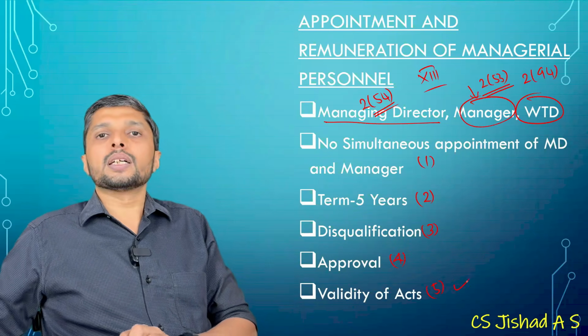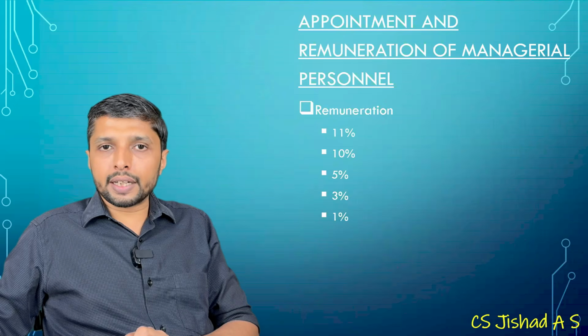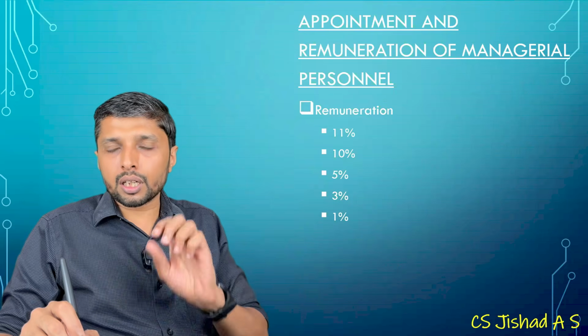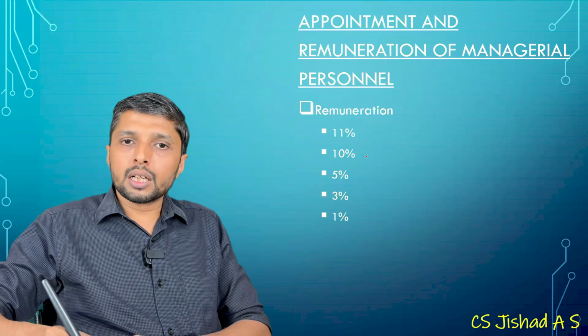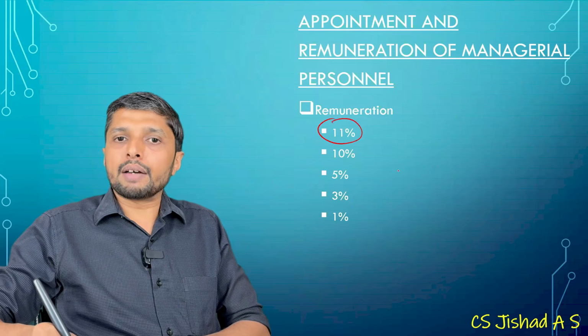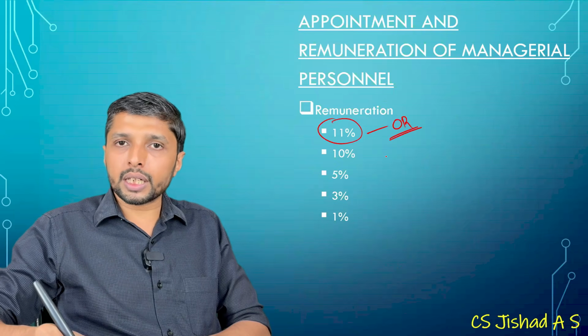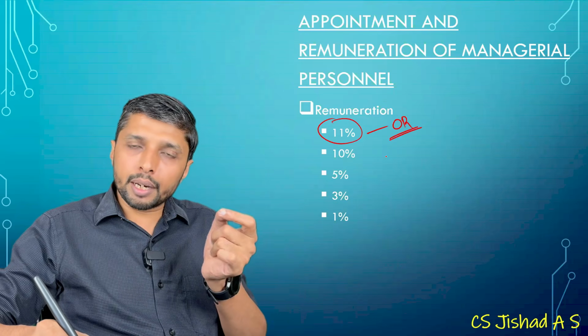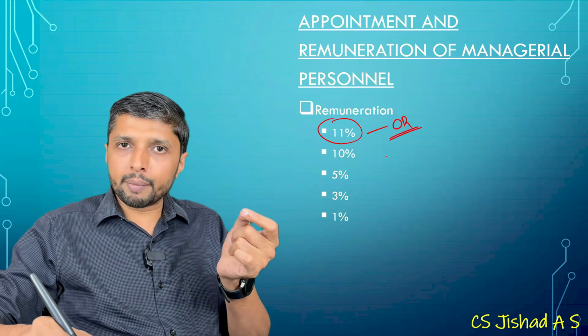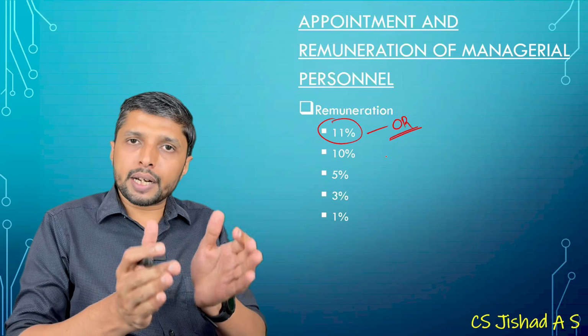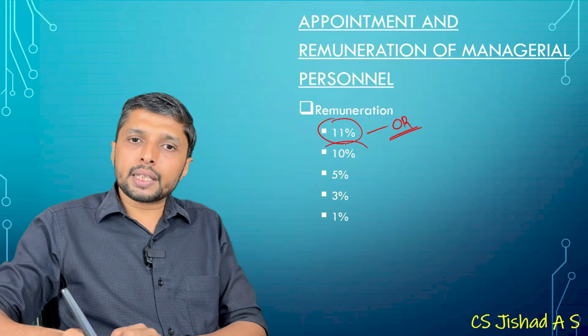That is specified in subsection 5 of 196. Now we can have the provisions related to remuneration of this managerial personnel. So overall remuneration is 11%, which can be exceeded by passing ordinary resolution. If there are more than one MD or more than one whole-time director, when we are taking together more than one MD or whole-time director or manager, taken together they will be provided,